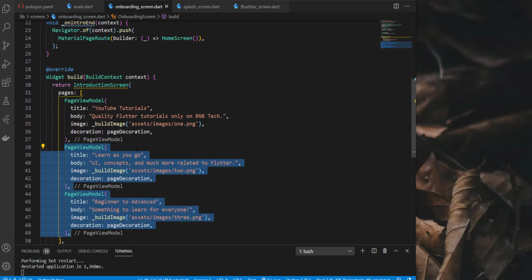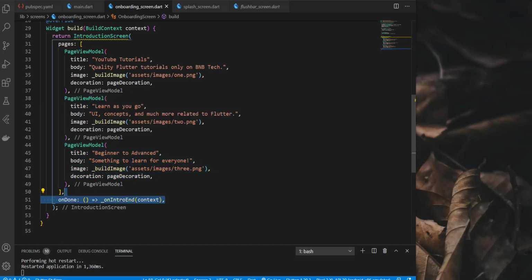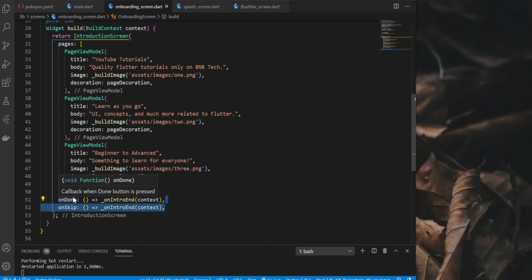Okay, so I have created 2 more pages here, similar concept, nothing more complicated here. And in the onboarding screen, you must have seen that when you move to the last page of those 2 or 3 pages, then you see the done button or get started button. So onDone is the callback, what happens when we click on that button, and onSkip is also usually there, and it's also a callback.